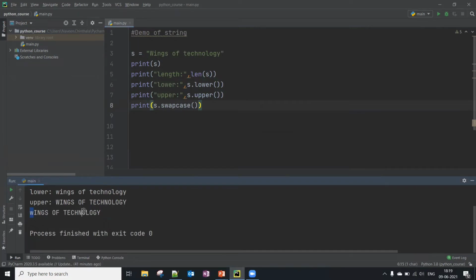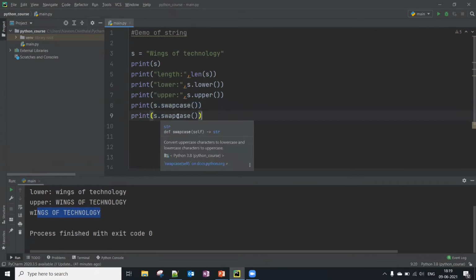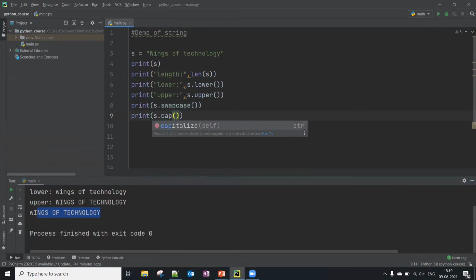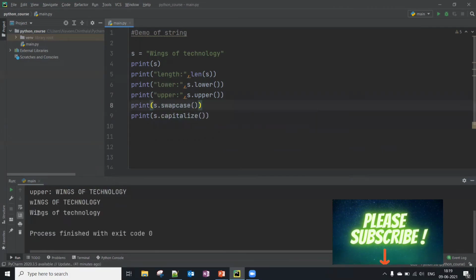All others were lowercase, now all became uppercase. Just swaps the case, as it's there in the name itself. And capitalize, we have. Of course the first letter is already capitalized, that's why we don't see any difference there.